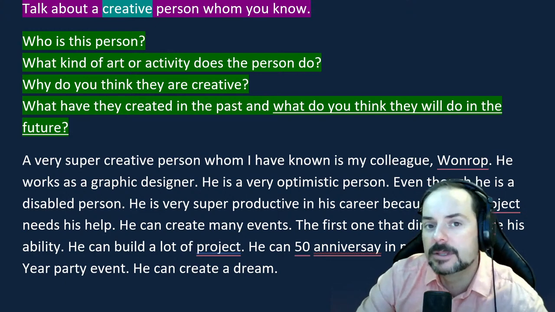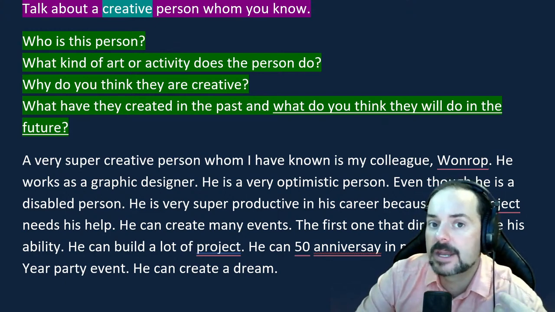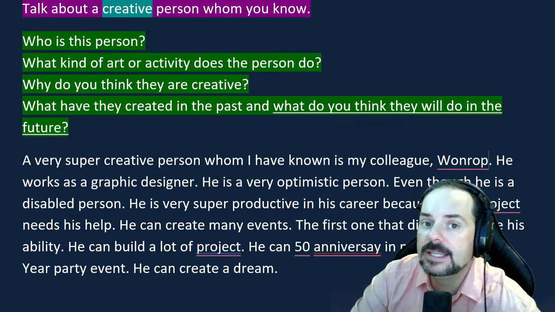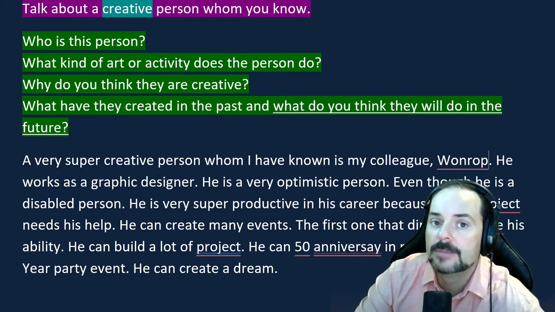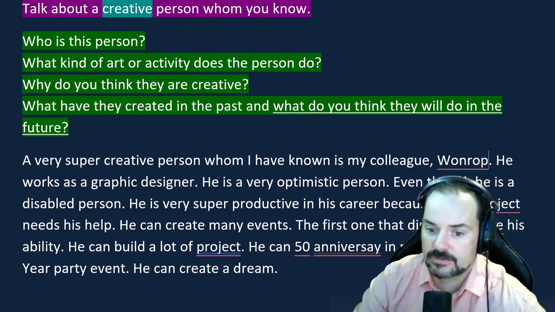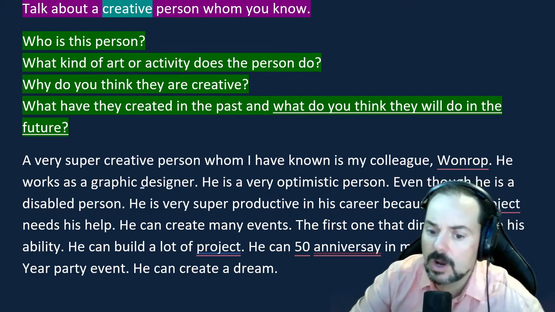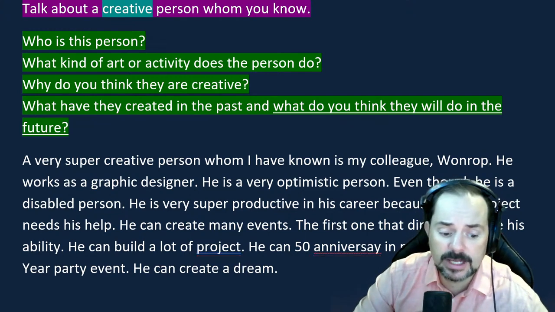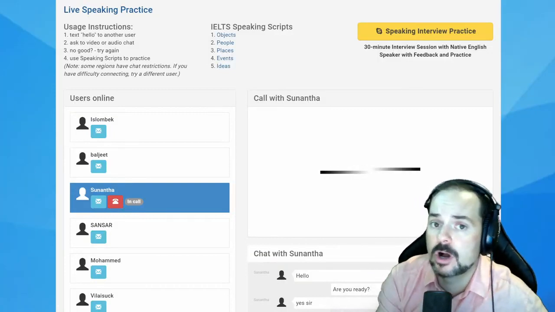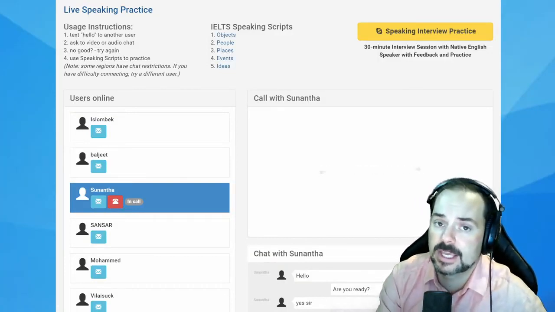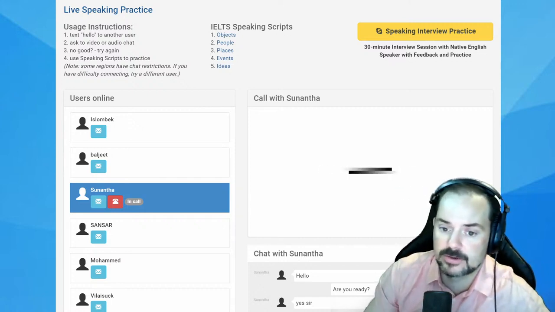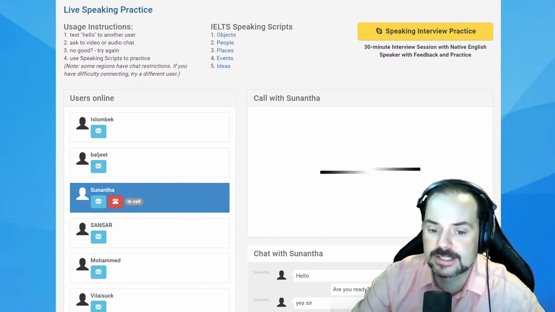So tell me a little bit about that. Explain how that is related to his creativity, right? So give details and make sure that you're focusing not just on the fact that he's disabled, but on the fact that he's creative, okay? All right. So keep up the good practice, Sunantha, and really focus on the topic. It's one of the most common mistakes by all IELTS candidates: they don't target the question specifically. Okay? So make sure to practice that in the future.